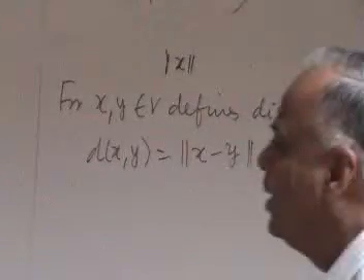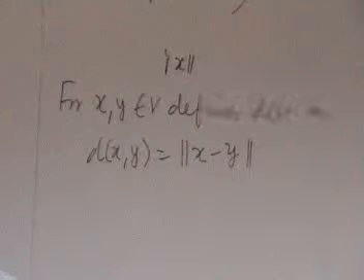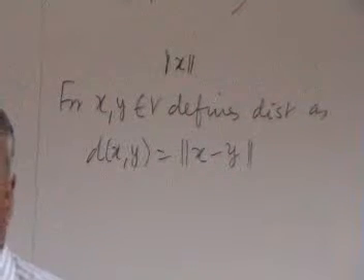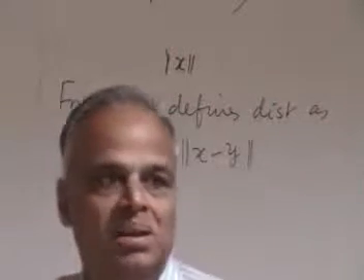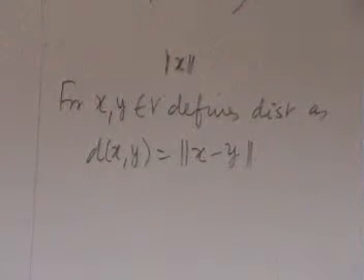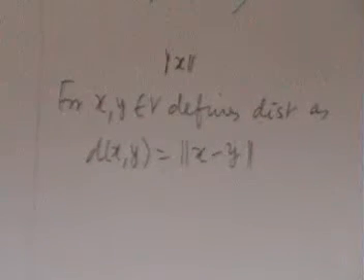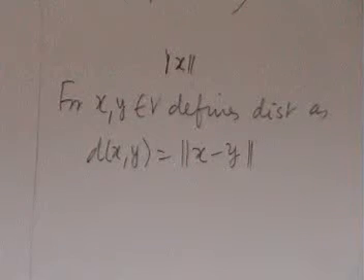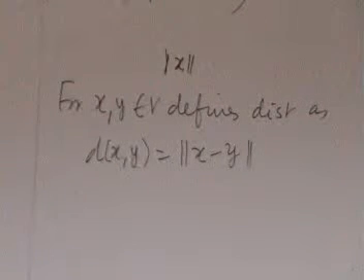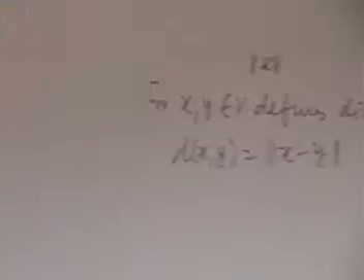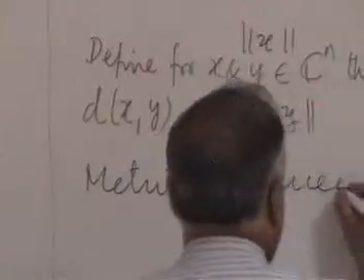So it doesn't matter. The only thing left is the triangle inequality for distance, and that follows from the triangle inequality for the norm. So everything is a cakewalk here. The moment you have a norm, automatically you have the notion of a distance, and therefore every normed space is automatically a metric space with this metric. This is called the metric induced by the norm.